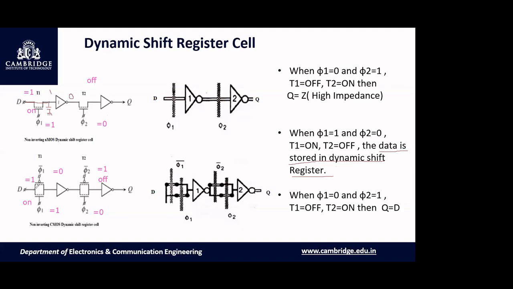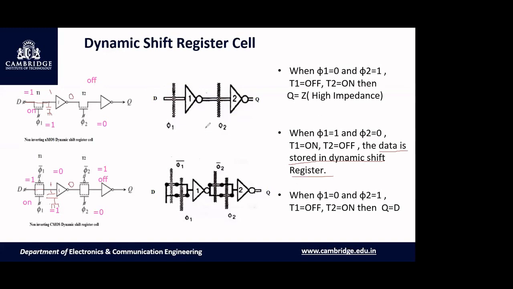Okay. So here also same thing. Your T1 transmission gate will be on. Your data will be propagated, and it will be stored in the input capacitance of inverter 1. This is inverter 1, and that is inverted. You'll get 0. Your data has been stored. Understood, no? Okay. Next.